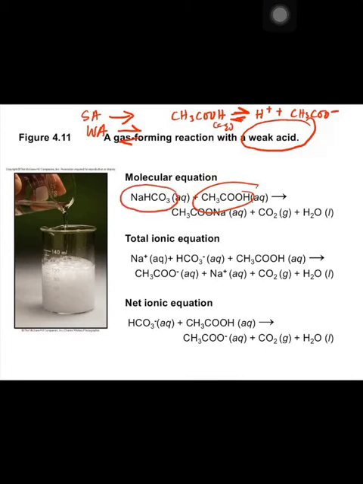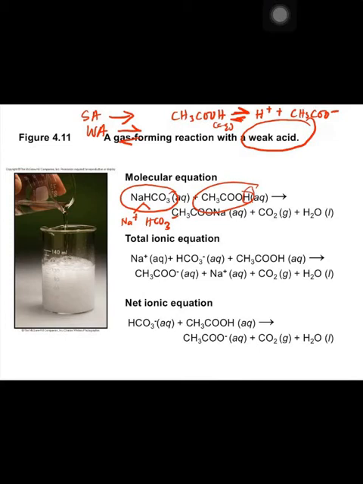Nanti korang boleh google sebenarnya NaHCO3 ni apa, apa peranan dia dalam our daily life sebenarnya. Okay, it's a very common chemical sebenarnya. So bila dia react dengan NaHCO3 dalam kes ni kita tahu ini ada Na+ HCO3-. Okay, so bila dia react dengan weak acid, of course H+ ni akan keluar and then CH3COO- ni